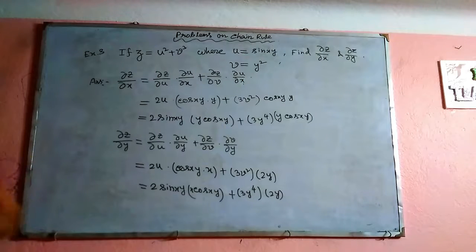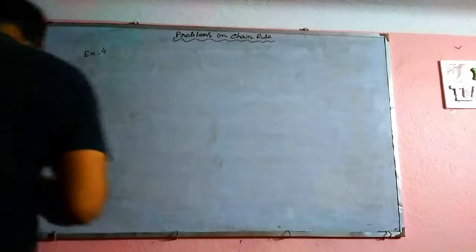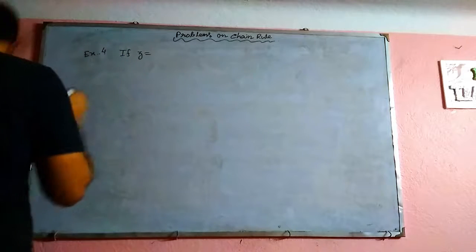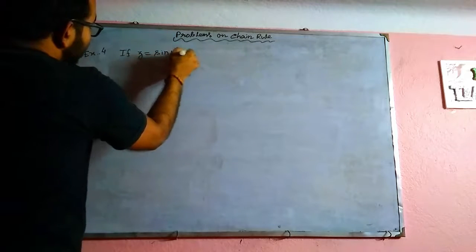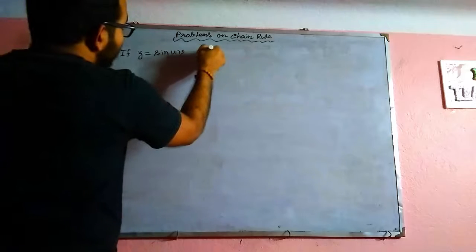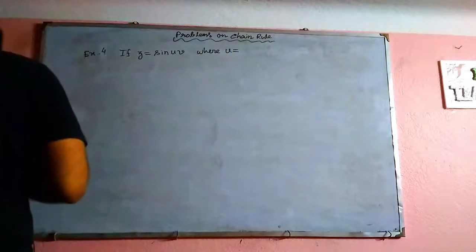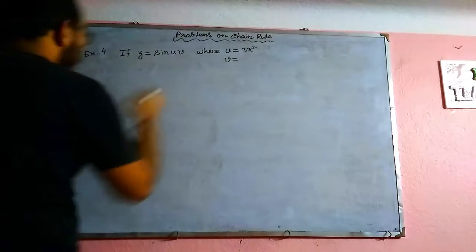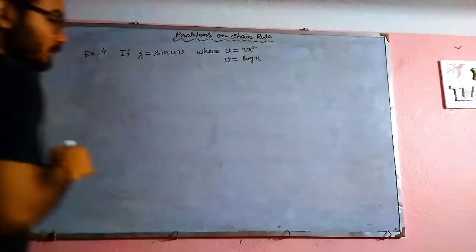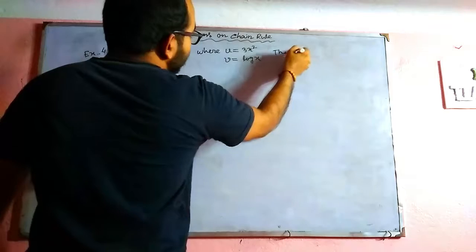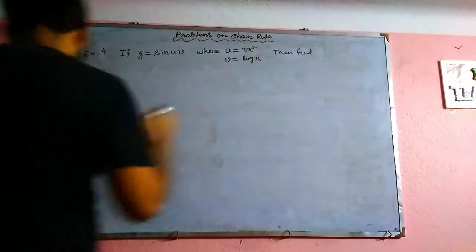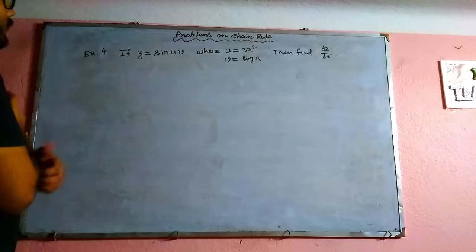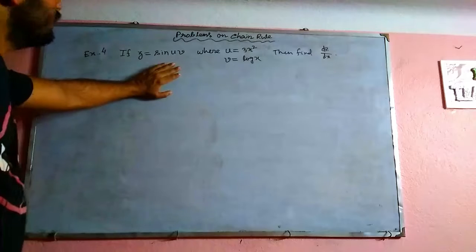So the fourth problem is: if z is equal to sin uv, where u is a function of x and v is also a function of x, then find dz dx. See, at first see that